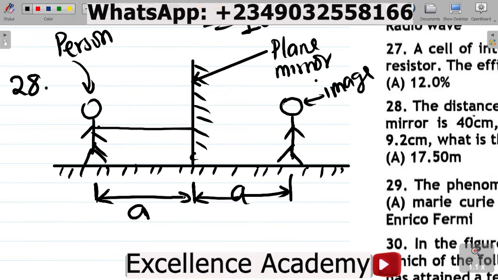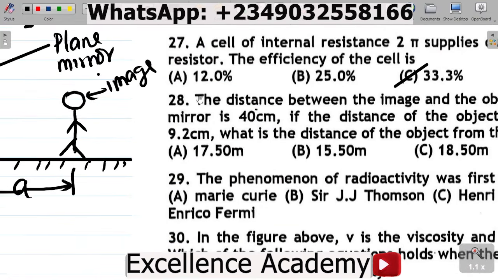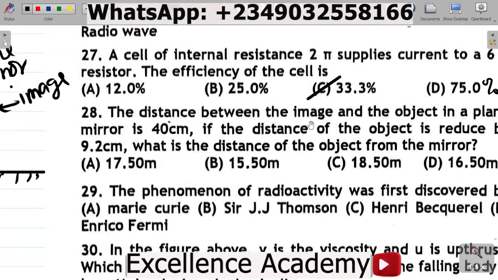The second thing you want to note is that a plane mirror gives you the exact size of the image. That means the image would look exactly like the object or the person. There is no increase, no decrease, no magnification, and no diminishing. Just the same. Now, coming back to the question here, they said the distance between the image and object